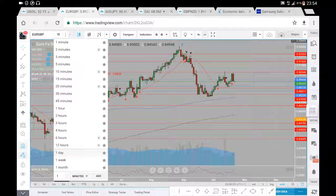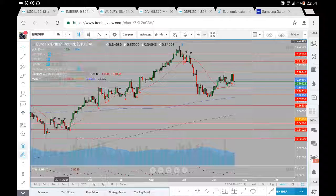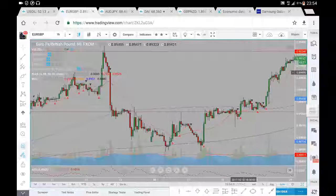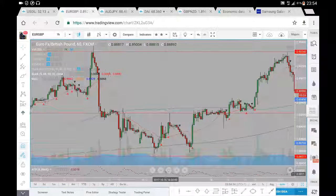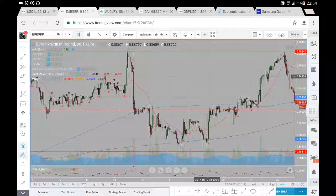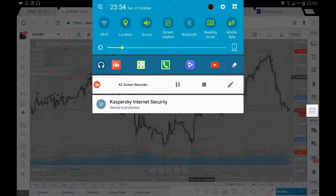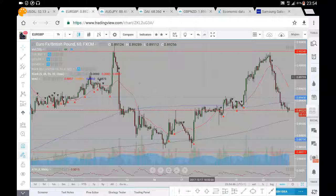So let's just have a look at the daily time frame and get some perspective so we can look at levels a bit better. On the daily time frame, if I zoom out a bit, and there we go, and I will just grab the pen. So identify the area before, which was a strong level of 90.24, and we can see we came pretty close to touching that 90.24. We were close enough due to the fact that we had a series of smaller candles there, followed by a large candle